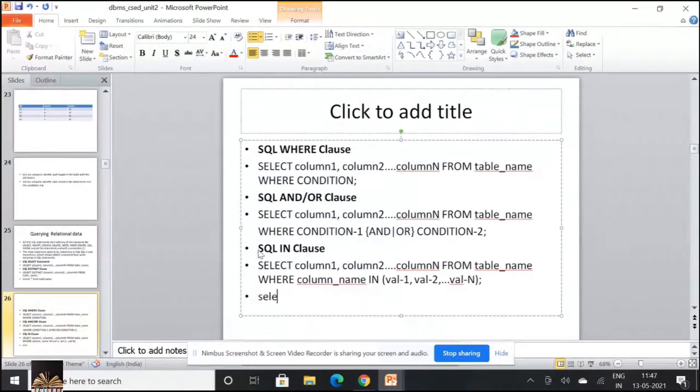Select 4 in 2, 3, 4. What would be the output of this? What would be the output of this particular statement?